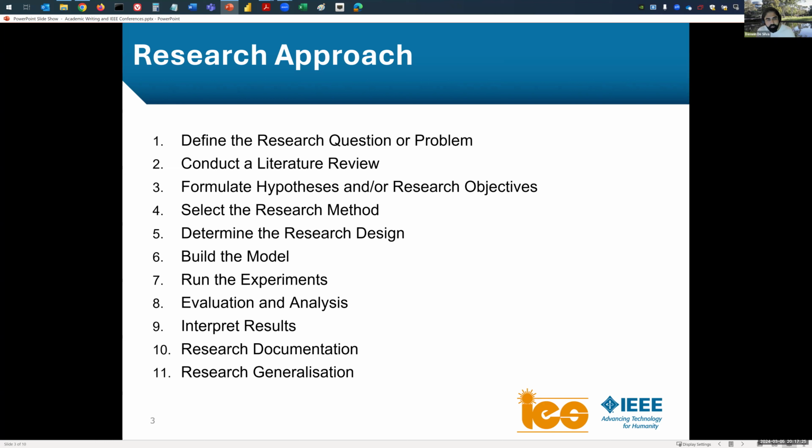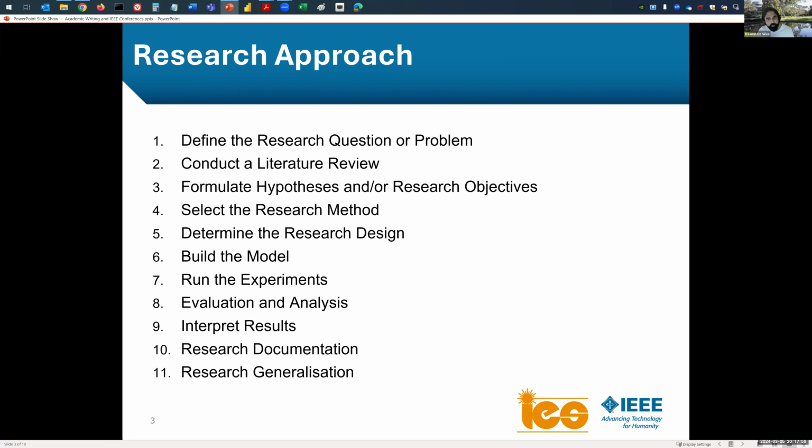We try to find out in the literature if other people have solved this problem and what are their results. So we conduct a lit review. And then we find out that, okay, my research question is generative AI in healthcare, and I've seen that other people have done generative AI in industrial applications. Let's say smart energy. Others have done smart energy for 5 different research problems. But I think there is an opportunity for a 6th research problem, and that's step 3.